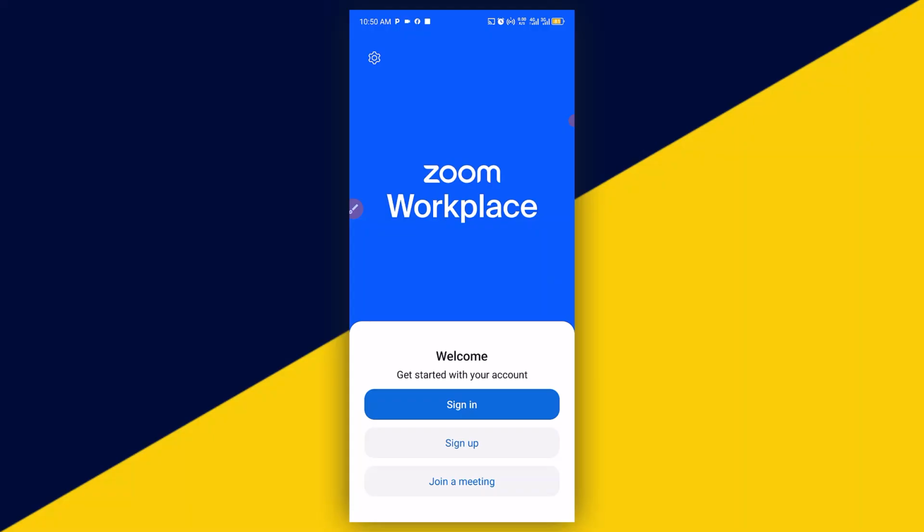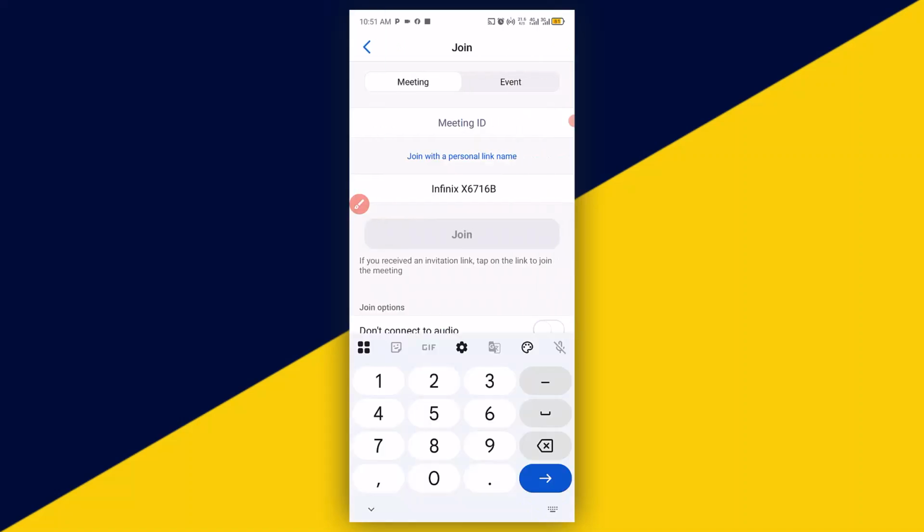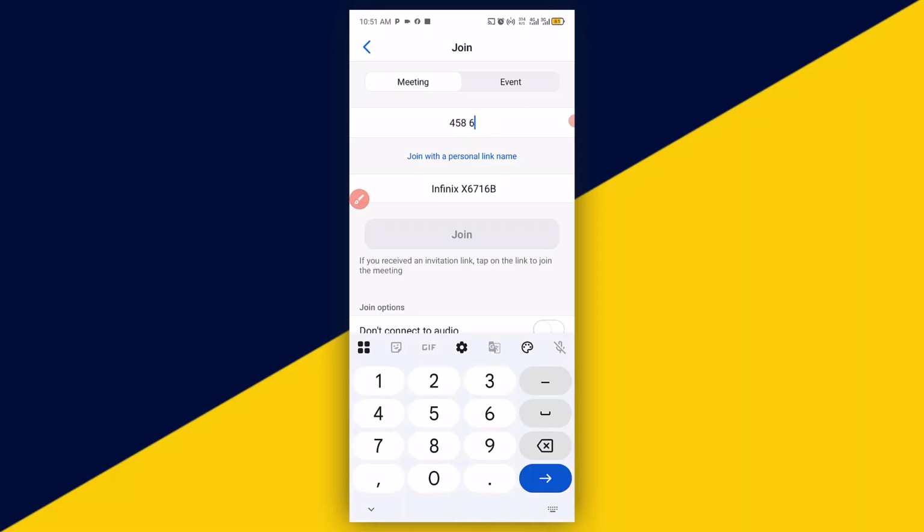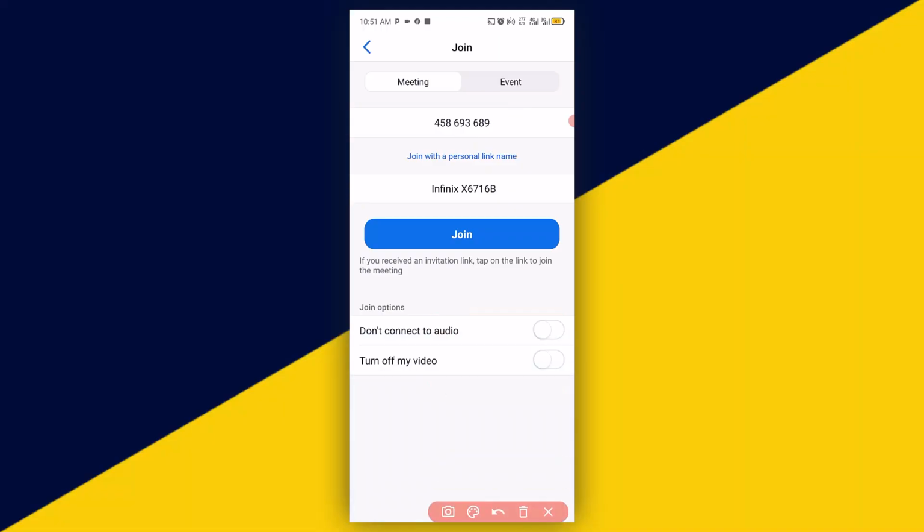So for you to join any meeting, all you have to do is to simply go ahead and click on join a meeting right here. And it's going to take you right here. Go ahead and enter the meeting ID right here. So for instance, if my meeting ID is something like this, just like so, once you enter the meeting ID,